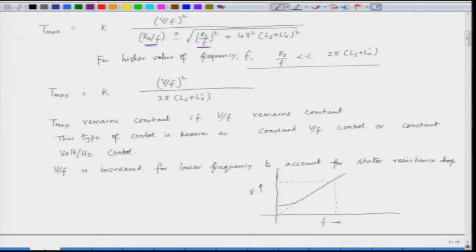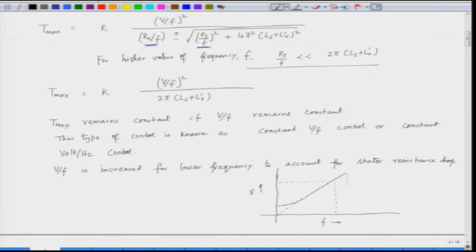Now, when we reach the rated frequency we also reach the rated voltage, because as we are increasing the frequency the voltage is also increased. So, when we reach 50 hertz, the rated frequency, we also get the rated voltage. Thereafter, even if you increase the frequency the voltage should not be increased, because a motor is designed for a given insulation. Now, if we apply, let us say, 300 volt to a 230 volt motor, the insulation will be stressed. So, we should not be exceeding the voltage rating of the motor, and hence when we increase the frequency beyond the rated speed, voltage is maintained constant, only the frequency is increased.